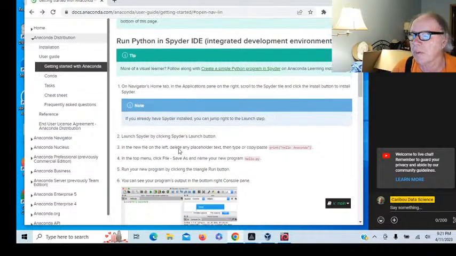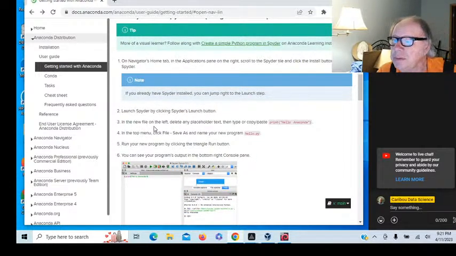Launch Spyder by clicking on the Spyder launch button. The new file on the left side, delete any placeholder text. Click